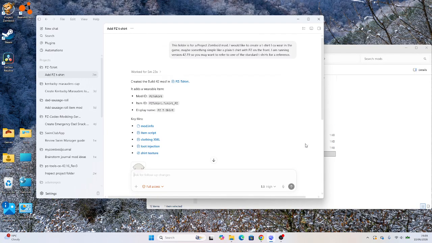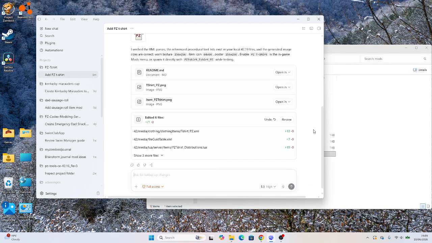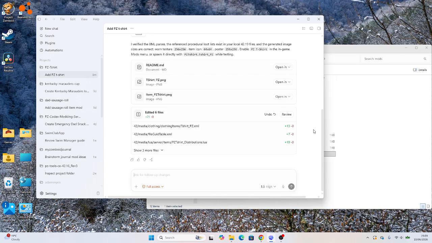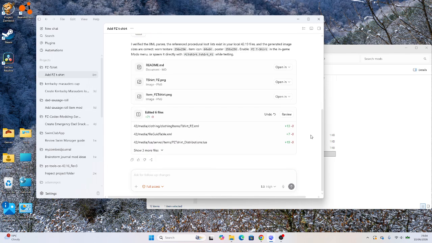Okay, so it looks like we're done. So it's created the Build 42 mod. It's created a few pictures. That's a simple picture, isn't it? I might go back. And the thing is, when you're doing mods in Codex, it likes to use Python to do the images. So really, what I need to do is